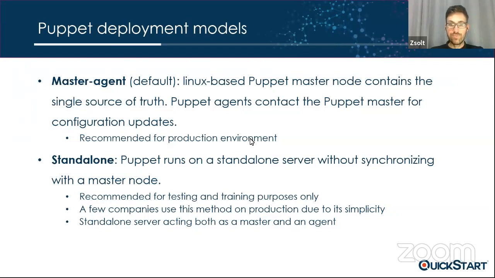In case of a standalone solution, it's mainly used for testing purposes, although I've learned that some companies also use the standalone solution because of its simplicity. But in general, in a corporate environment, it's not advised to use a standalone solution, meaning that you have Puppet agents on different environments, and you just execute the configuration, and you just maintain the source code in a repository, and you have access to the source code. This is not as optimal from the perspective of maintainability.